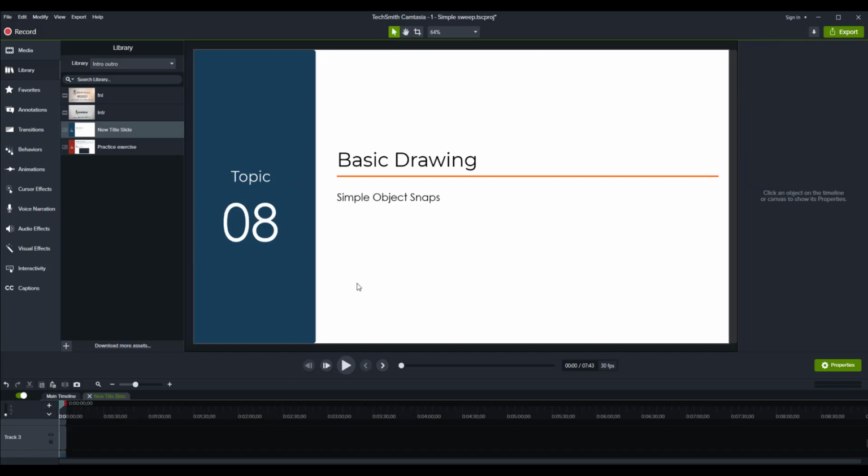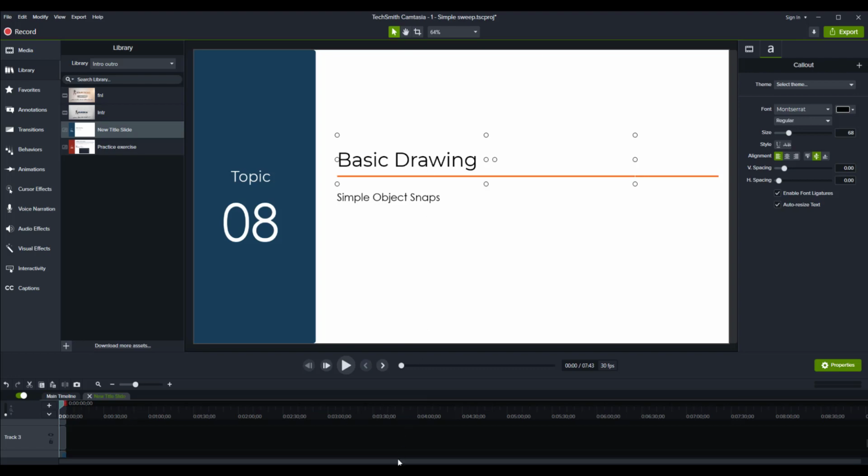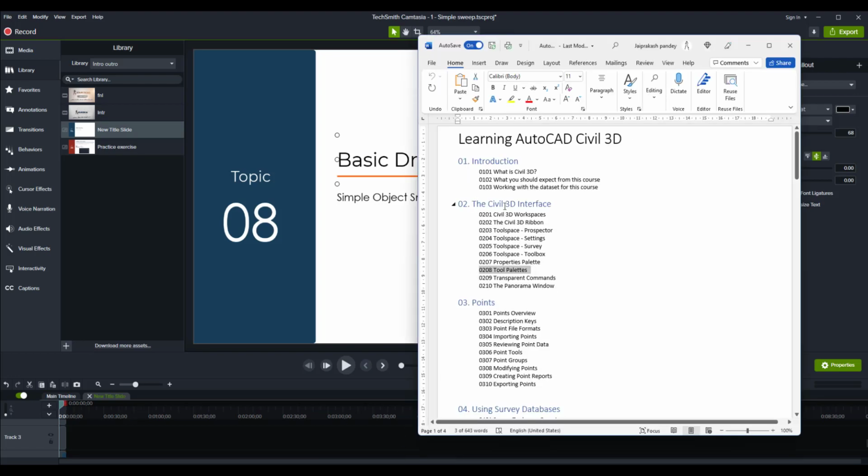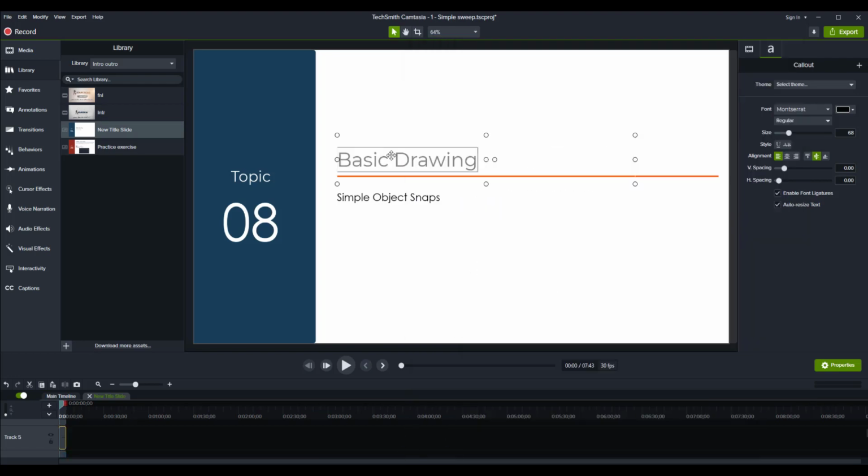All right. Now the next thing we need to update here is the name of module. So that's the name of module, and the name of module is the Civil 3D interface. So double click, actually triple click if required, and then select, and Civil 3D interface. All right. And then we have this name of